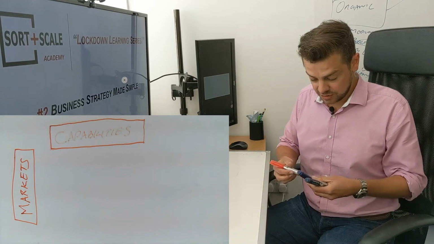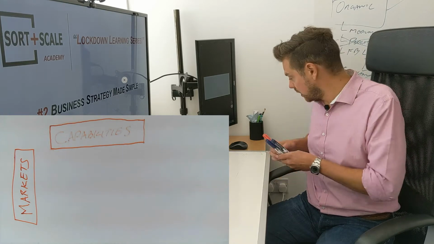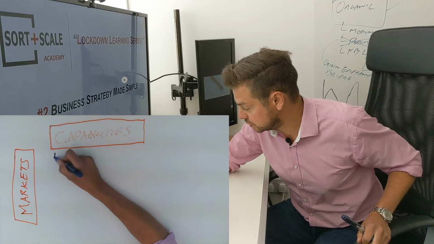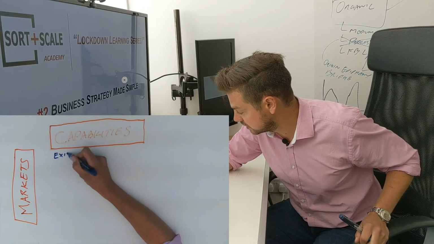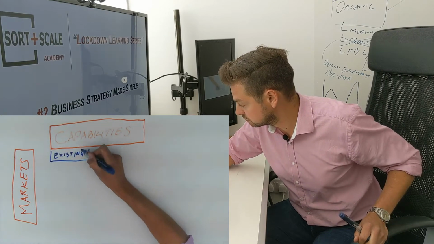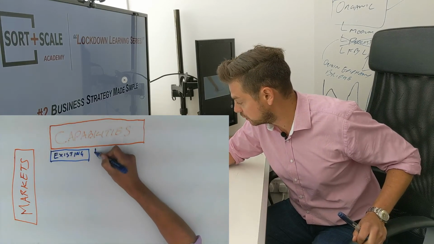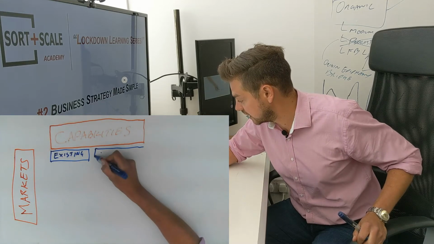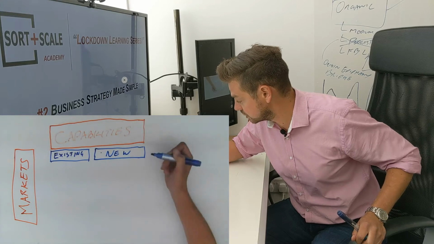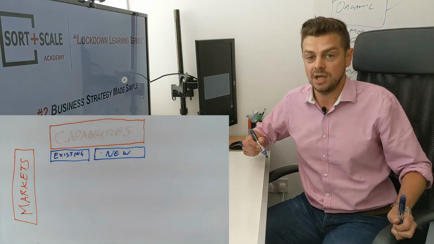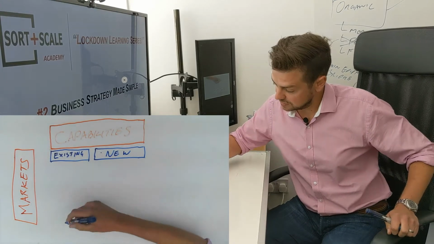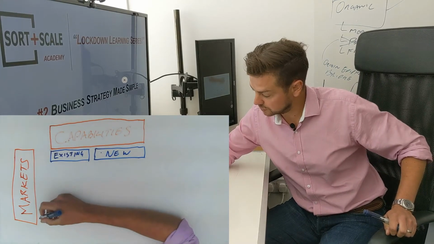Now, strategically, you've got a decision within those two areas of whether to use the existing capabilities that you have already, or whether you're going to create or invent some new capabilities, so do some things that you haven't done before. And when you make a choice of who you're going to sell to, the same thing occurs. Are we going to sell